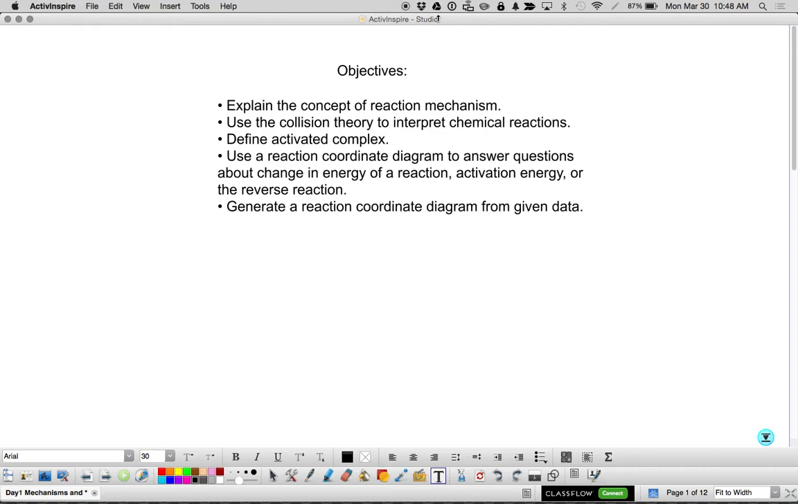Welcome to the unit on reaction kinetics. So here are our objectives today. Explain the concept of reaction mechanism, use collision theory to interpret chemical reactions, define activated complex, and then reaction coordinate diagrams. So to start,